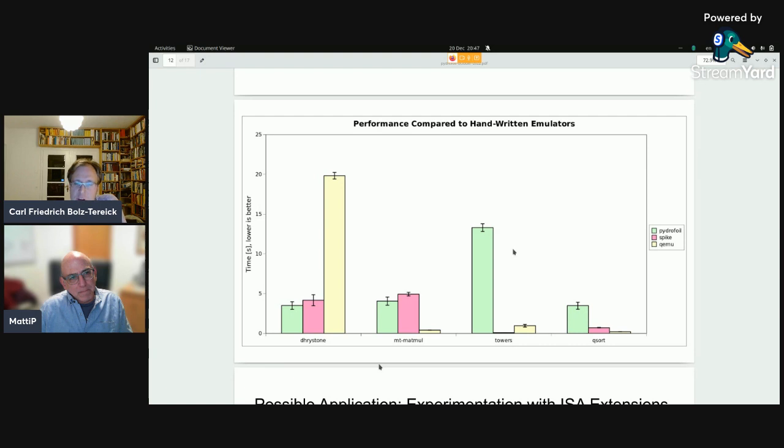QEMU has a really excellent architecture because it actually does share the effort between the different front ends. So in QEMU, you have an intermediate representation. It's called TCG, I think, or something like that. And that's basically an intermediate target that you compile your RISC-V instructions to. And then there's a bunch of backends depending on the host machine that you're on. And there are also some optimizations that work on this